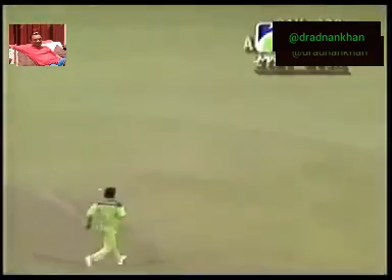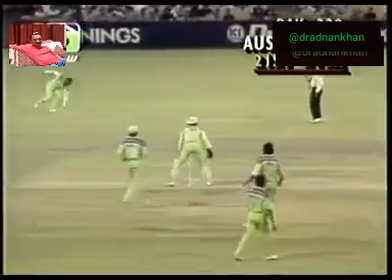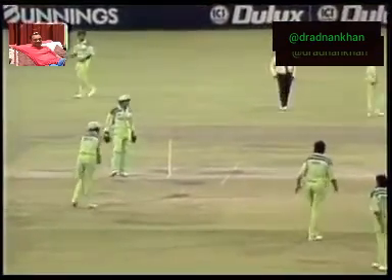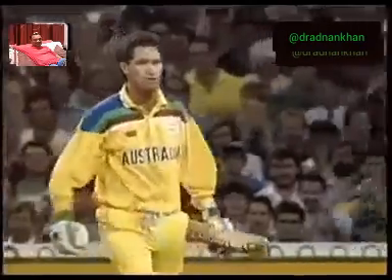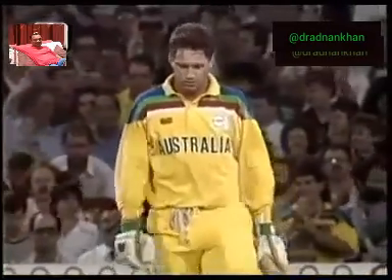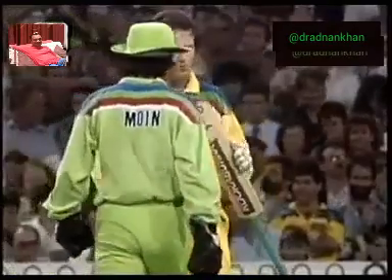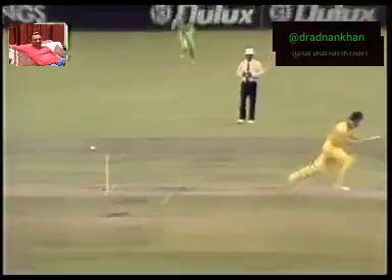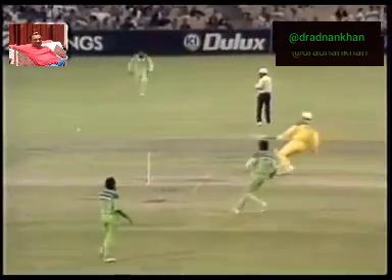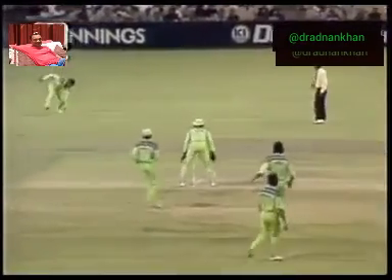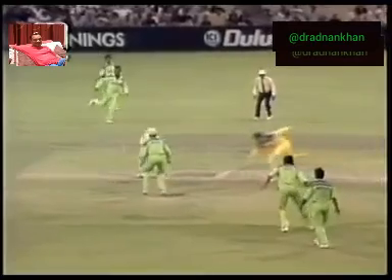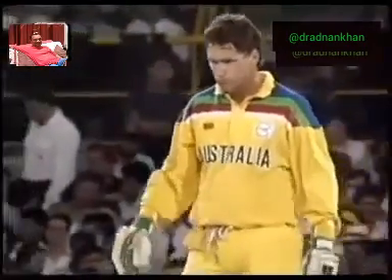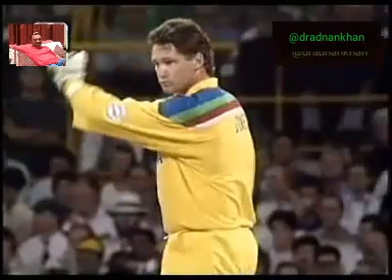Dean Jones, he'll be looking for 2. He's got Aamer Sohail to take on, and he's done it easily. Good fielding, but very, very good running indeed. And this is Dean Jones's attempt to try and get the Australian run rate up from its current position. Brilliant over 18 metres. He knew there was always 2 there. Was he moving? Only 2 boundaries in the first 21 overs. Pakistan had scored 6